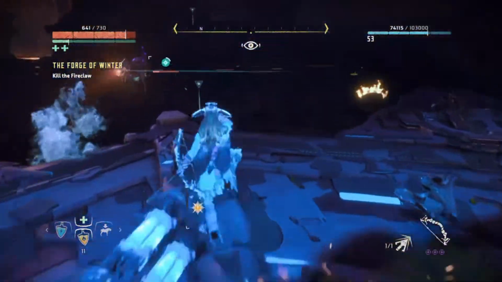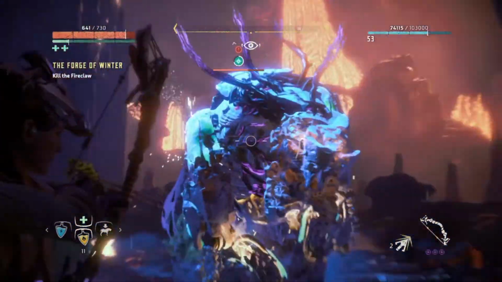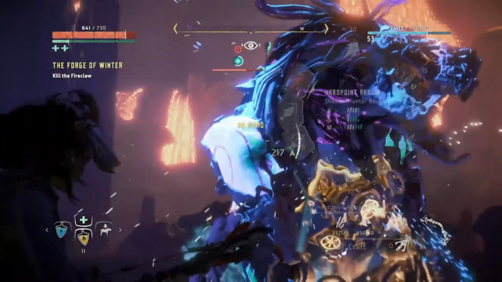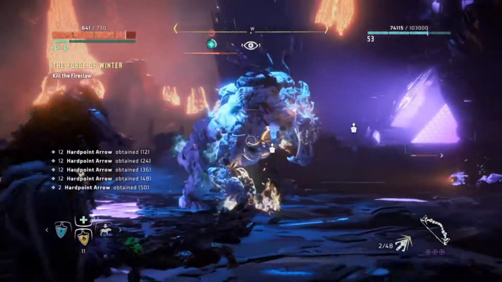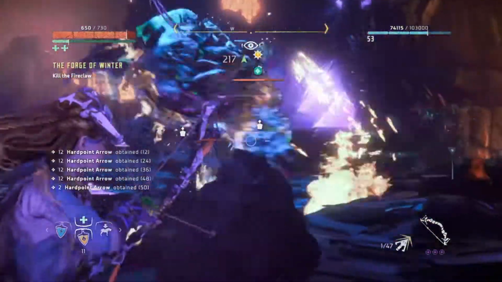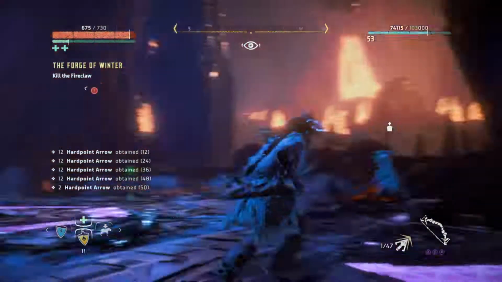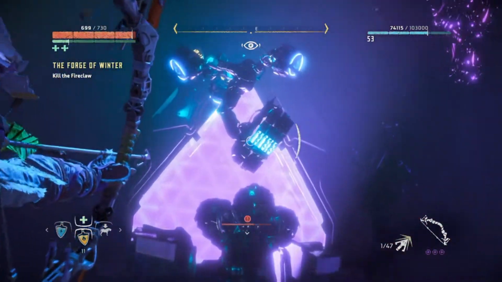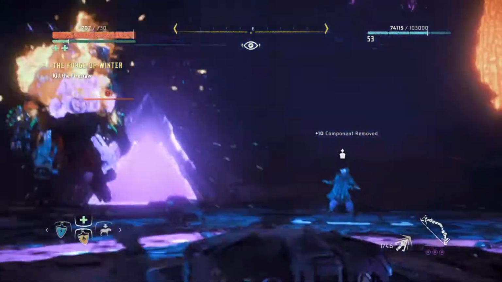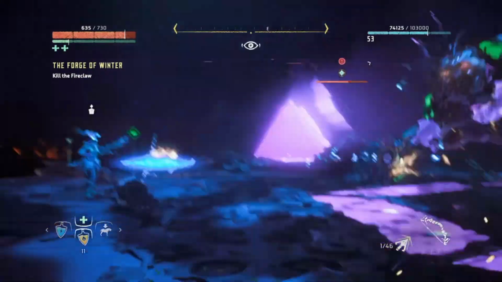Now, it's all about reading his movements, on what attack he's going to do, when, and where. If you can beat a Frostclaw and you've got the rolling down with them, you can do it with this guy. It's just faster. When he comes down swinging at you like a crazy maniac bear, you roll between his legs. Everything that he does can be countered by rolling